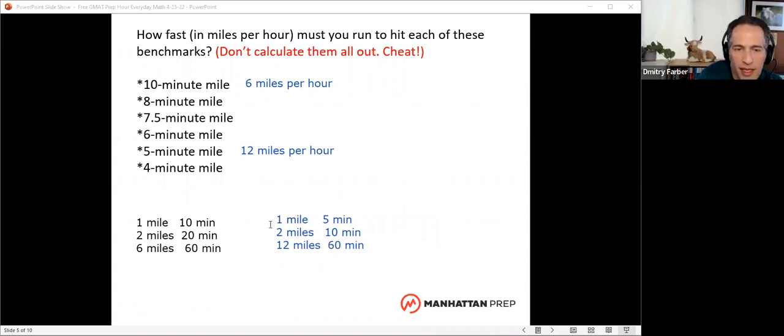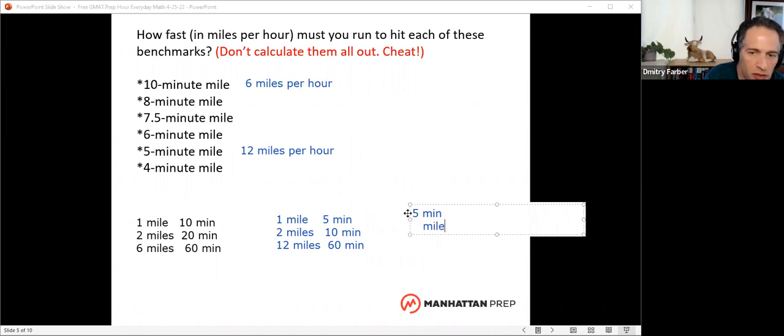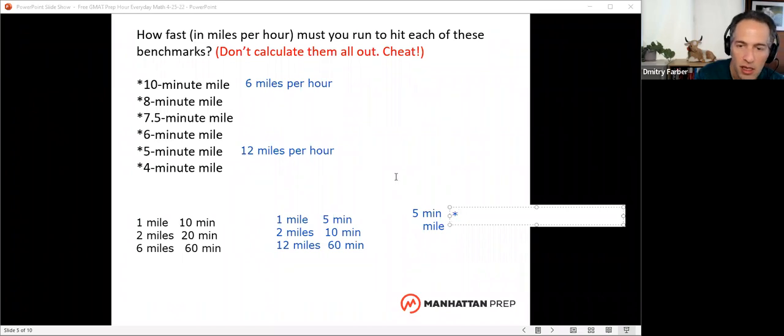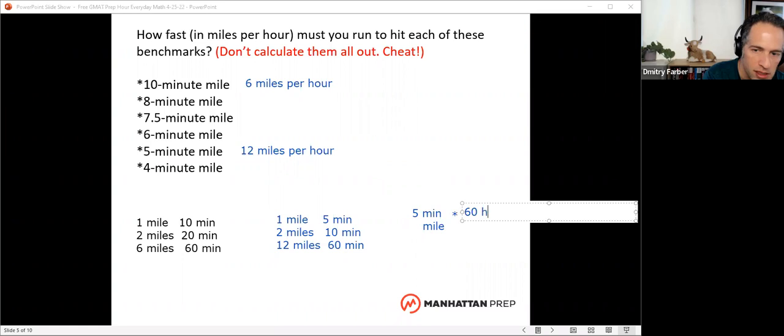I could also realize that I can just divide 60 by these numbers, right? If there's 60 minutes in an hour, I could say, hey, 5 minutes per mile. You can use unit conversions. For those of you with a science background, you were probably drilled to death on setting up and canceling your units. So if I've got minutes per mile, and then I know I've got 60